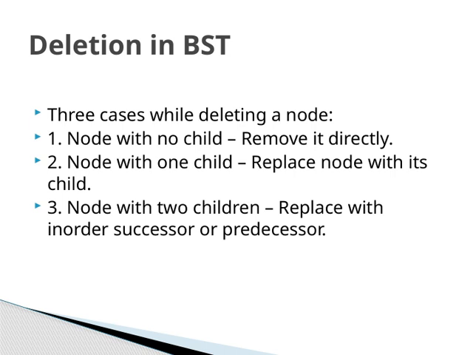And finally, if the node has 2 children, things get a bit more interesting. In that scenario, we replace the node with its in-order successor or predecessor, which helps preserve the binary search tree properties. These cases are fundamental to understanding how deletion works in a BST and ensuring the tree remains properly ordered after